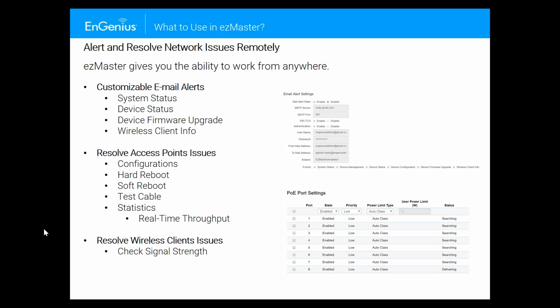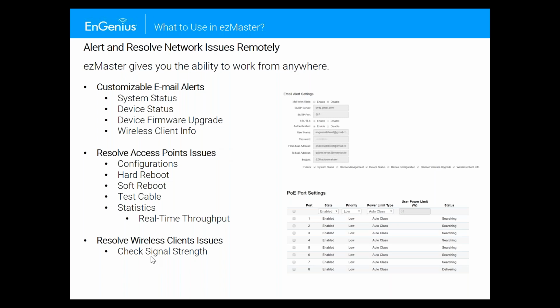You can also resolve access point issues, as I already kind of talked about, but we'll talk about a couple other features that you can use that are really important that our customers use, such as configurations, hard reboot, soft reboot. You can actually test cables for health strength and statistics, but real-time statistics.